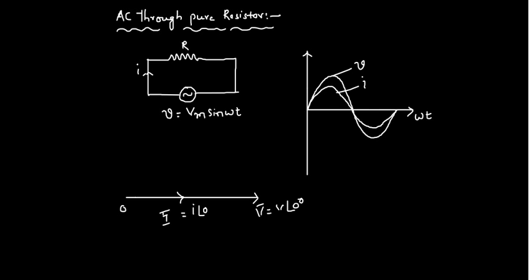Now if you want to calculate the current I flowing through the resistance R when it is excited with the AC source, before that just remind yourself of Ohm's law, how we calculated the current flowing in the resistance R when it is excited with DC. Take 30 seconds, remind yourself, and after that we'll continue our discussion.